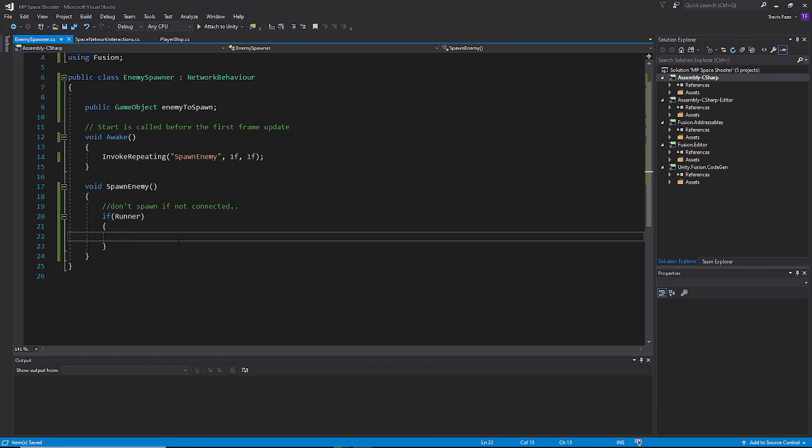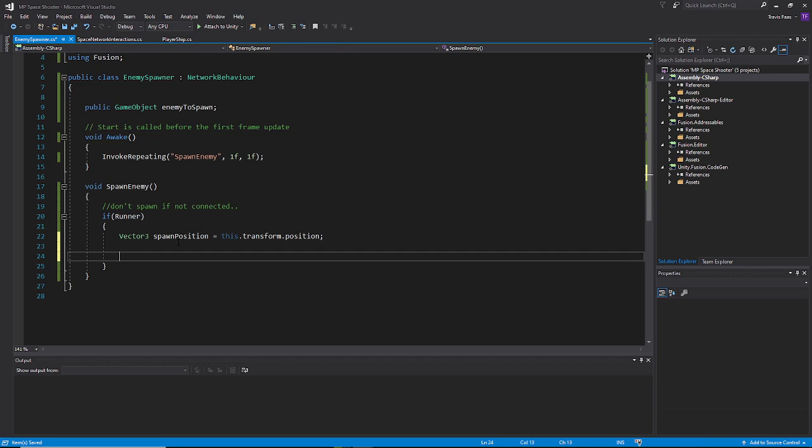Cool. And we are going to spawn our enemies sort of in a random location. So we're going to say Vector3 spawn position is equal to this.transform.position. So wherever the object is in world space that this is at, that's where we are. And we're going to change that x position. So spawn position.x plus equals Random.Range, just Range, not random range, Random.Range between -3f